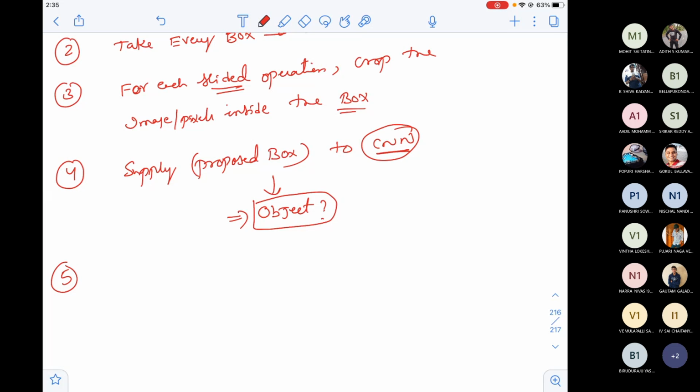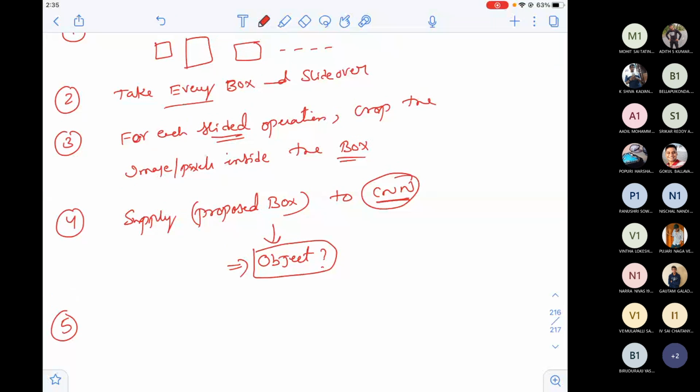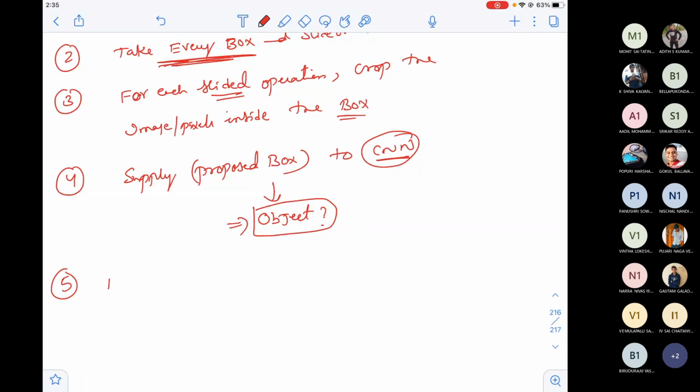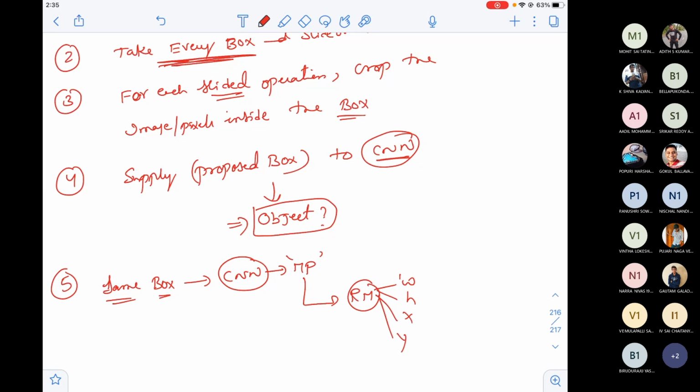So the most important part is to pass the same cropped image, whatever box you proposed, the same box. It has already been passed to the CNN, but the last layer of the feature extraction, let's assume it's the max pooling layer, is sent to regression models to predict W, H, X, Y. But these WHXY are not the true X, Y, W, H; they are displacements with respect to the proposed.